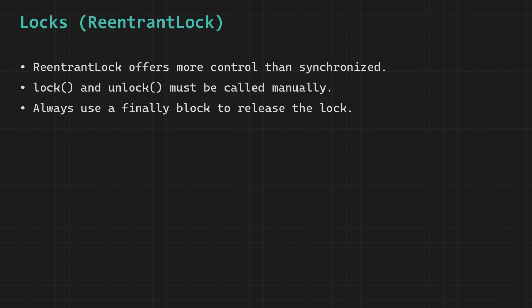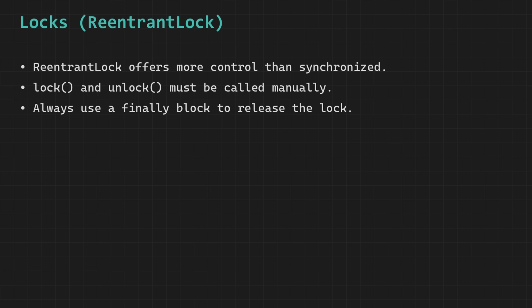Think of reentrant lock as a special key that must be acquired before entering a room where important work is being done, and when a thread wants to access or modify shared data, it must first call lock.lock, which is equivalent to taking the key and unlocking the door, and if the key is already being held by another thread, then the new thread cannot enter immediately and is forced to wait patiently outside until the key becomes available again.